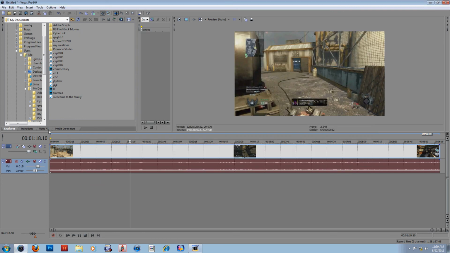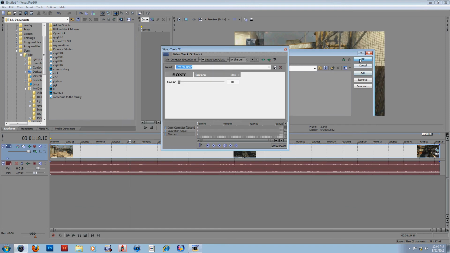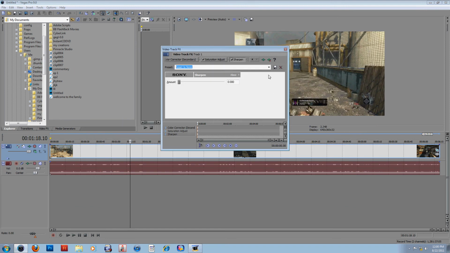Okay, so now this is where you need to pay attention. Click track effects, hold control, and select the sharpen, saturation adjust, color correction secondary, and the brightness and contrast. Click add, click OK. Okay, for the sharpen, you need to put it to 0.111. And this really doesn't do a whole lot. You can see it just brings out the lowers just a hair, but it's enough to make a difference. The saturation adjust,